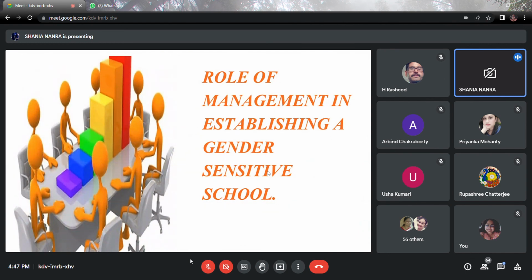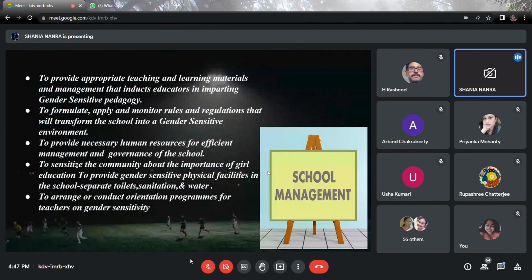It is very important to understand the role of management in gender-sensitive schools. The main purpose should be to provide appropriate teaching and learning material and management that inducts educators in imparting gender-sensitive pedagogy, to formulate, apply, and monitor rules and regulations that will transform the school into a gender-sensitive environment, to provide necessary human resource for efficient management and governance of